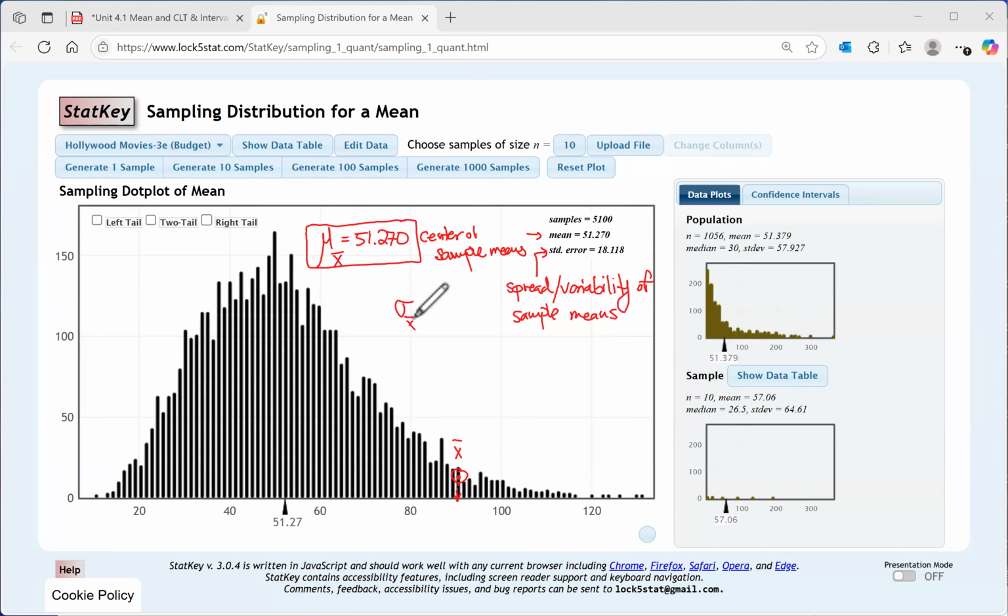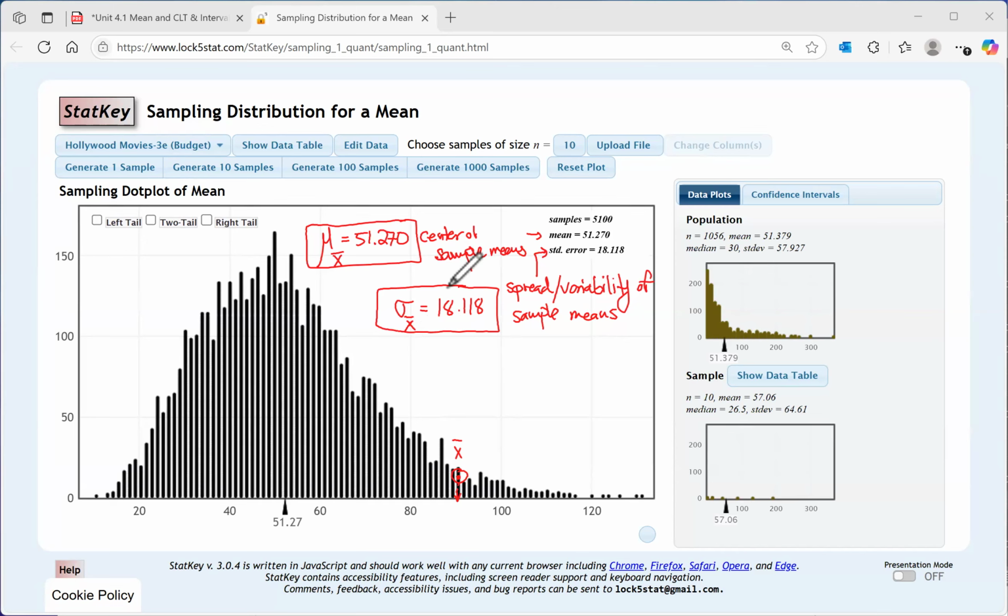So again, sigma represents standard deviation. So this is the standard deviation of the sample means, and I'm simply going to write that as 18.118. Now, something very important here happened. Look at these values that I got. And what I'm going to do is go back to our notes and actually compute the,